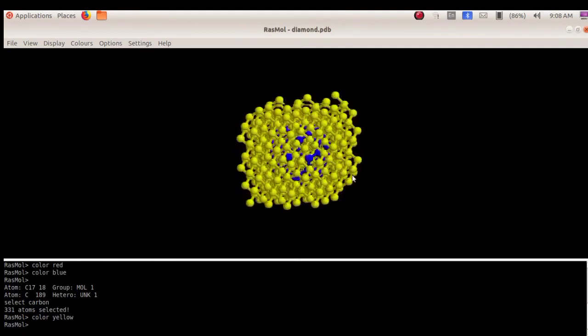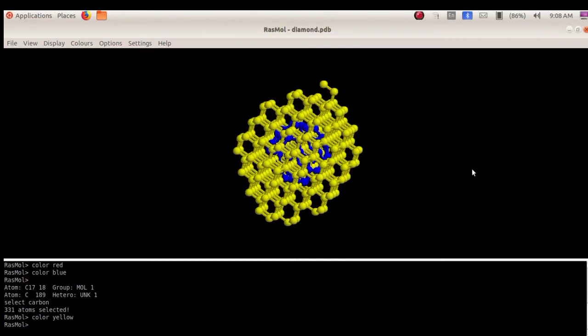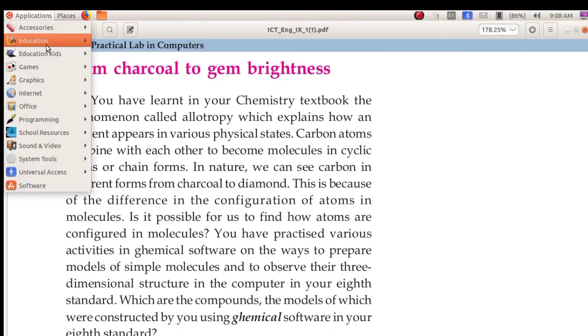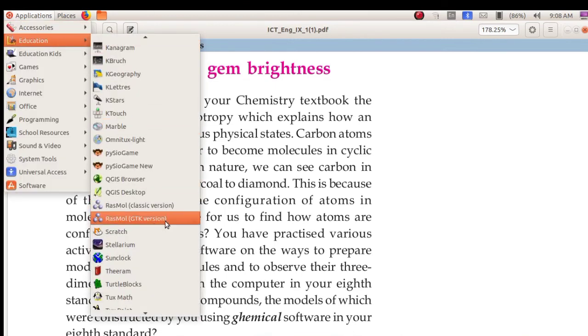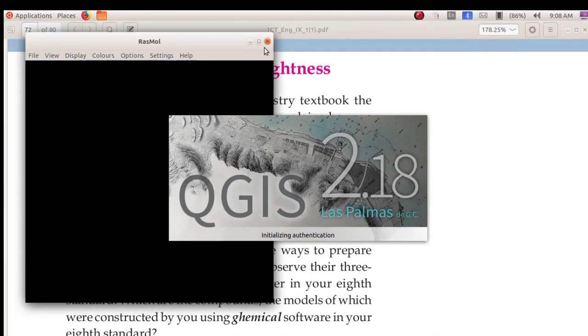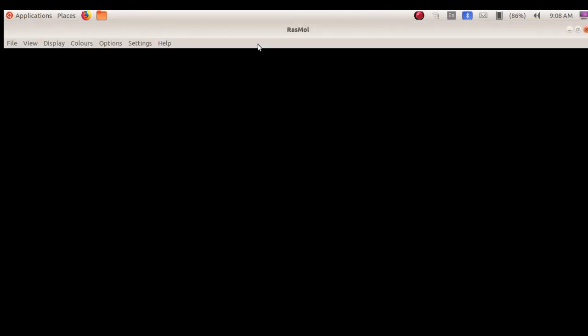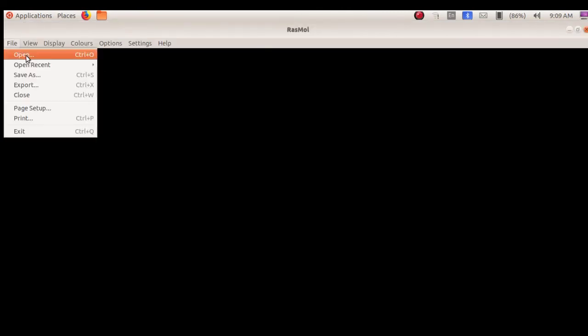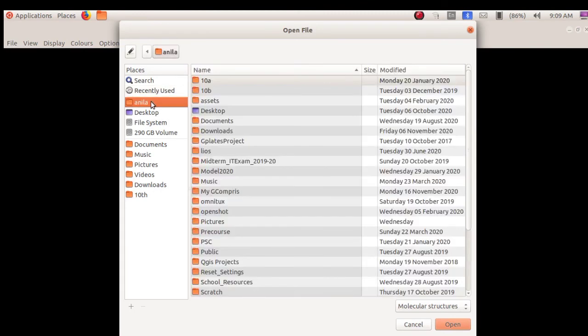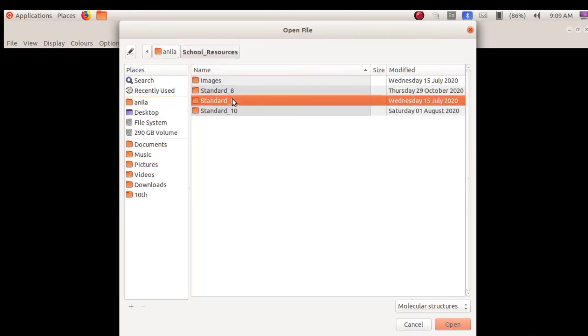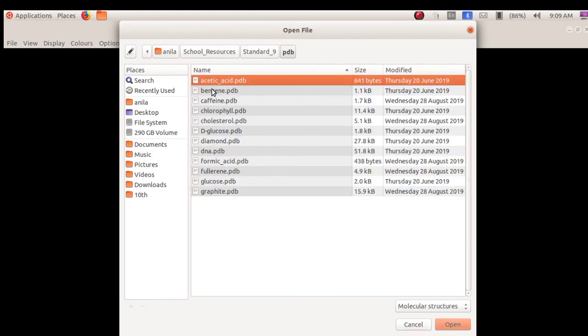Now we can observe the molecular structure of graphite. For that I am closing this, clicking on application, education and Rasmol GTK version. File, open, go to school resources, select standard 9, open PDB file.